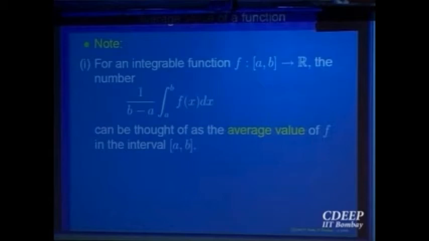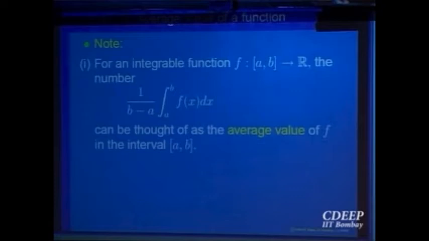Let us just look at this number, which we are saying is actually equal to f of c. I can treat this number as the average value of the function f. Why should I treat it as the average value? Because supposing you are given three numbers, a, b and c, how do you find the average? (a plus b plus c) divided by 3. You take the total of those quantities and divide by the number of those quantities.